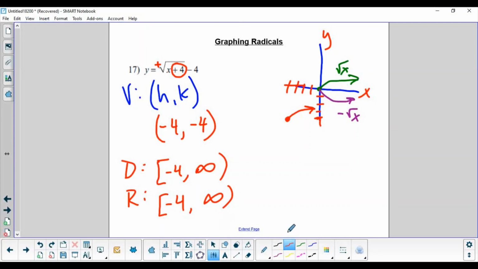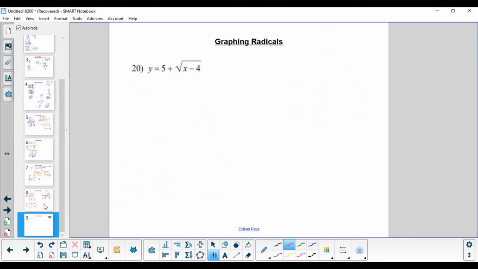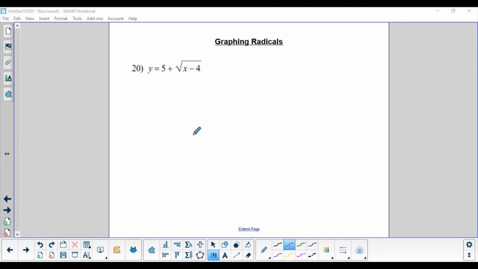Okay. I want to give you another example of graphing. The next example is this one. This is number 20, and this is actually from your homework. y equals 5 plus the square root of x minus 4. Notice